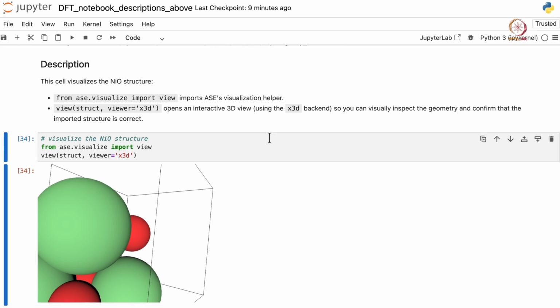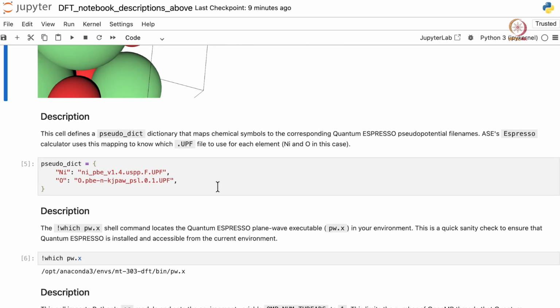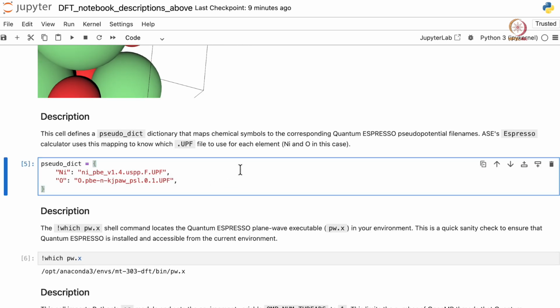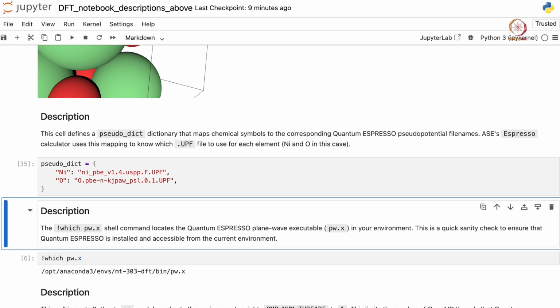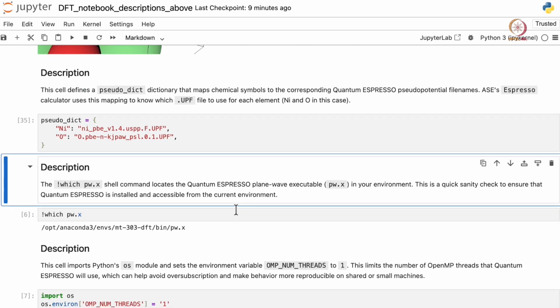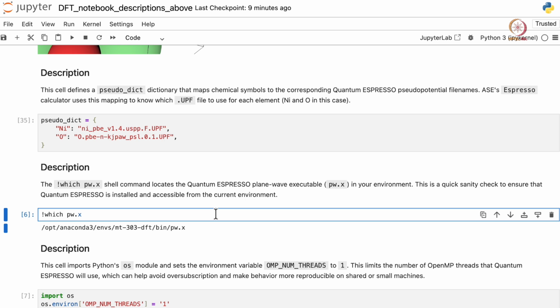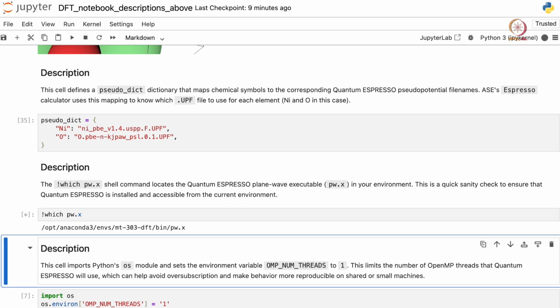We can see which executable is used in this calculation. This is the path of the executable pw.x. In this cell, we can set up the number of threads we are going to use for this calculation.